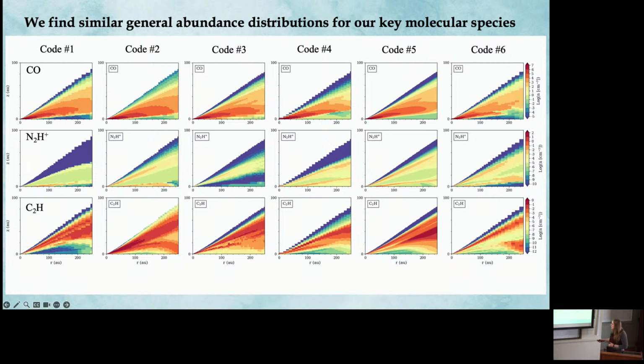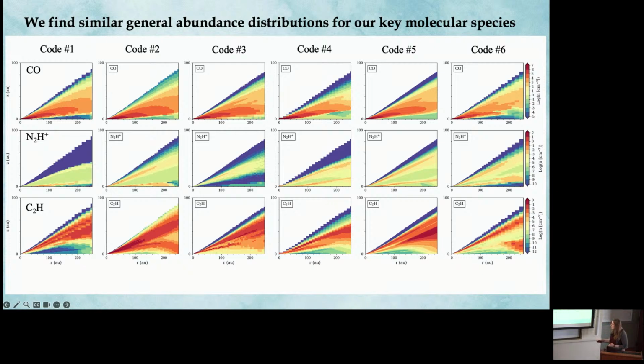We have the same idea with N2H+. We have these 2 abundant diagonal regions going at the surface of the disk and also the midplane of the disk. This is where CO is depleted. This is potentially where there's a difference between N2 and CO self-shielding, which leads to an overabundance of N2H+ in the surface. And we see that pattern agrees across all of the models, but again, there are also some differences